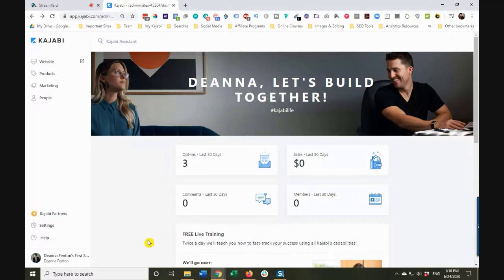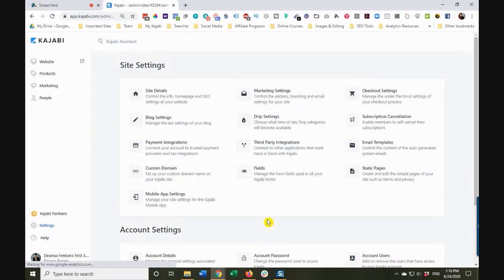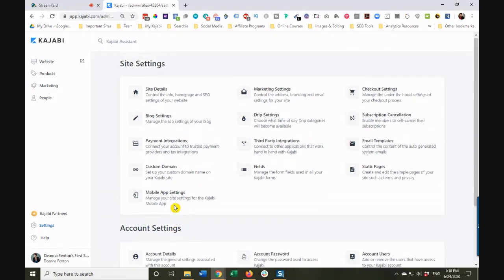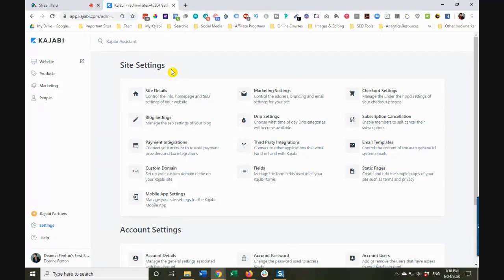So as you remember from the previous video, when you first log into your Kajabi site, this is the dashboard that you see. So in this video, we are going to be focusing on this little area right over here called settings. And I may have given you an overview in that previous video that we're talking about settings that have to do with everything related to your site and what other people see and how your site operates. And down here we have account settings, which is everything related to your account with Kajabi. We don't need to deal with that at all today. What we're going to talk about is specifically our site settings.